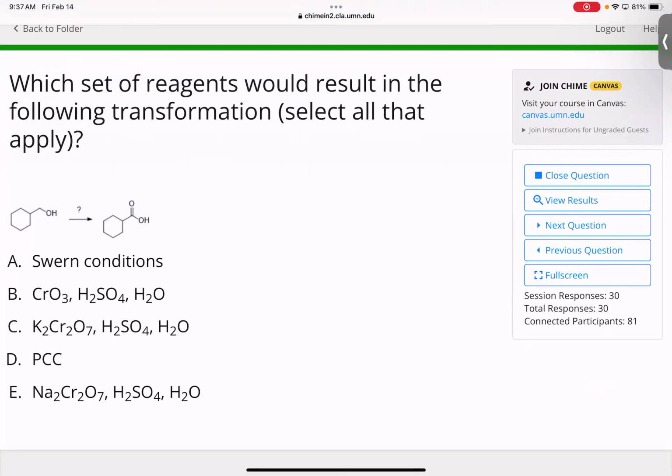I also think I was incorrect. Chromium oxide apparently does need H2SO4 and water. So I was wrong. Thank you for asking that question. I'll write that back in the notes. I'm sorry, I asked this question out of order. I should have asked it later on in the lecture, but we're just going to go with it. These are not based on